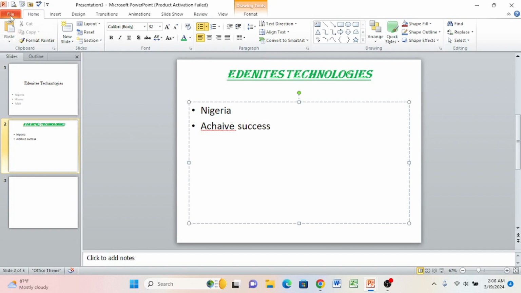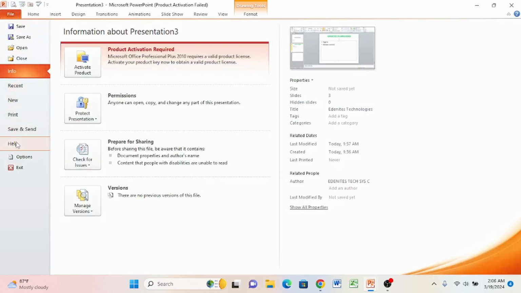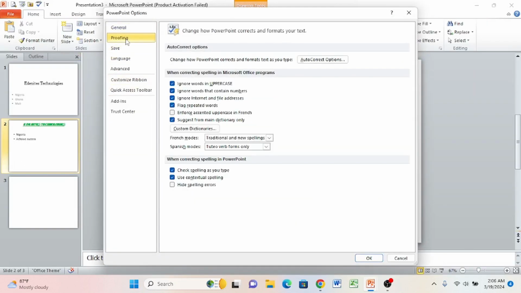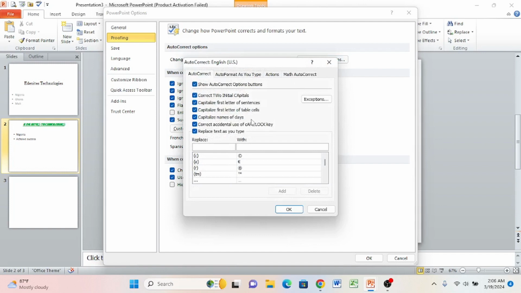You simply go to your file, you go to options, you go to proofing, and then here you are, you see autocorrect options. You click on it. Now there are various options here. What you need to do, take for example here the name of our company is Edenise Technology and I want to abbreviate it. I'll simply click on replace and I write